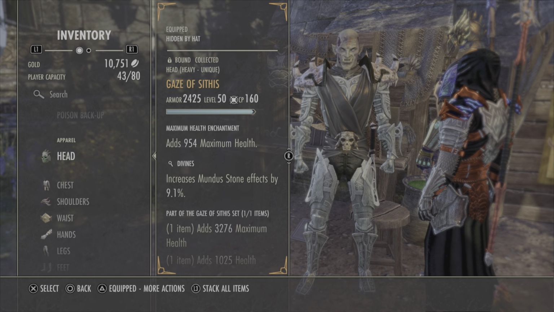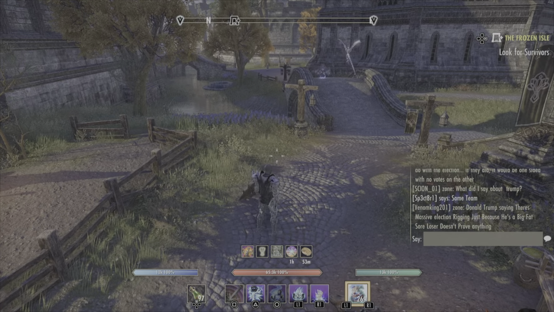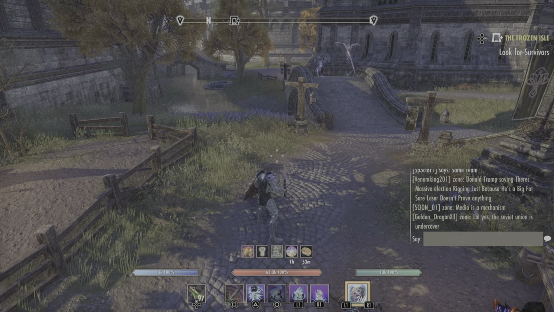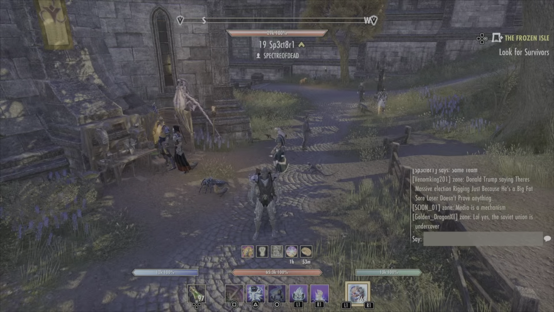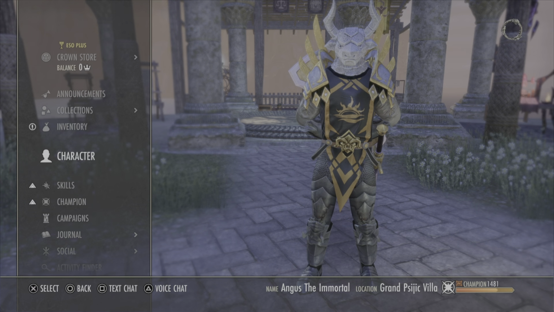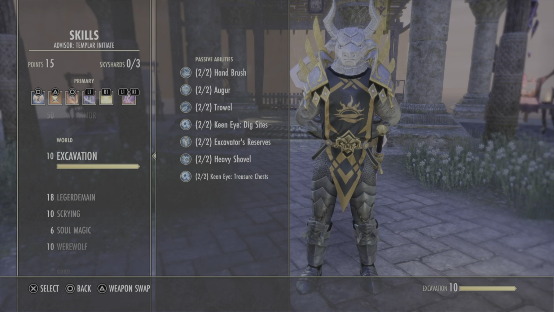The Gaze of Sithis is an amazing piece of equipment, increasing your health by about 4,000, but reduces your block mitigation, aka the damage you block, to 0, making any tank build utterly useless, but essential if we want to try and hit 100,000. To acquire this, you're going to need 10, in other words, max in both excavation and